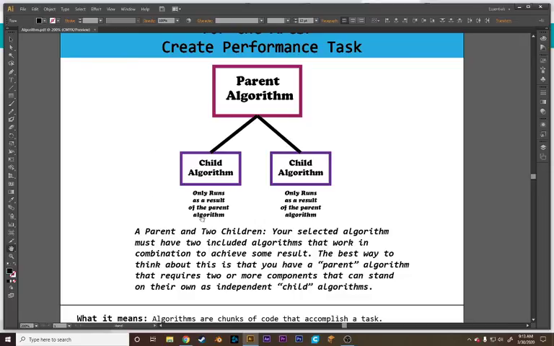This only runs as a result of the parent algorithm. This still manages everything else and has to be integral to your overall program, where your program would not run without this. All right, so if I come across any other good examples, I will make sure to show them